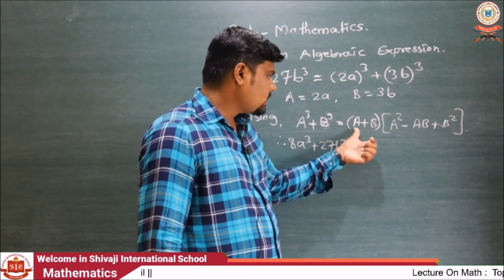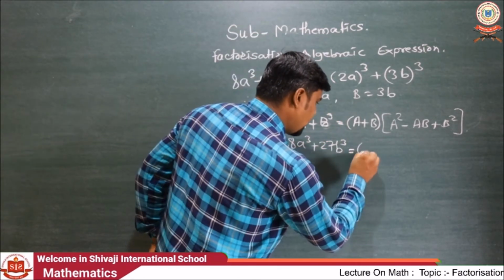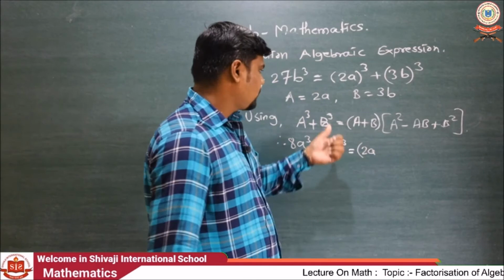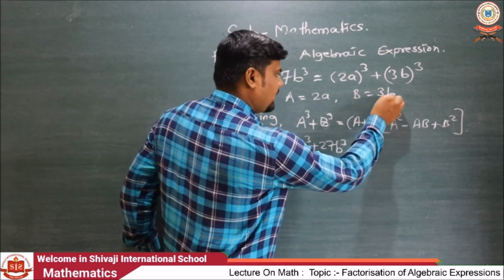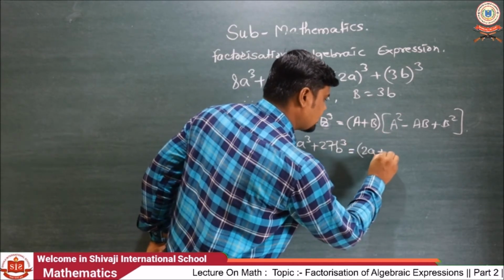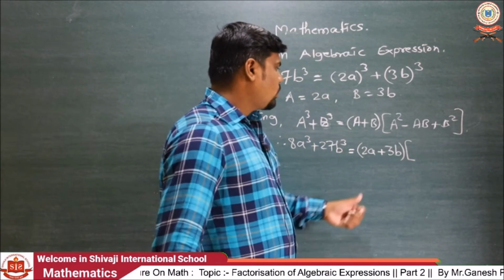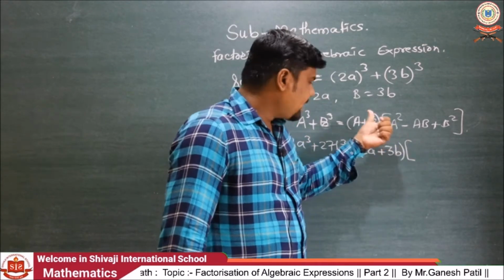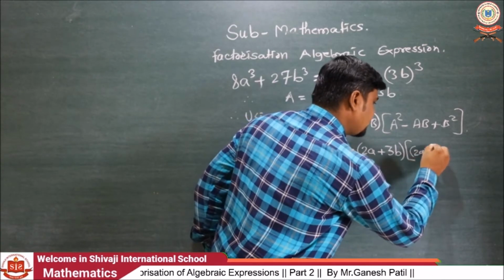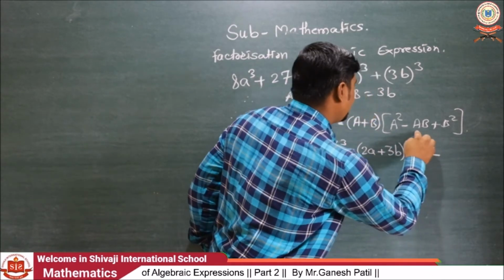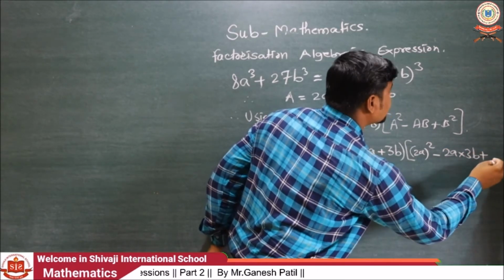Then what is the value of A? The value of A is twice a. What is the value of capital B? It is thrice b. Plus B means plus 3b. Then what is the value of capital A? The value of capital A is twice a. That's why (2a)² − AB, and AB means 2a into 3b, plus